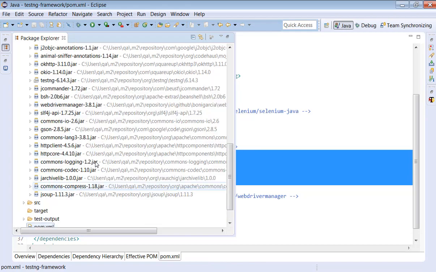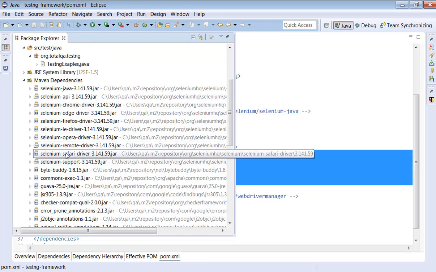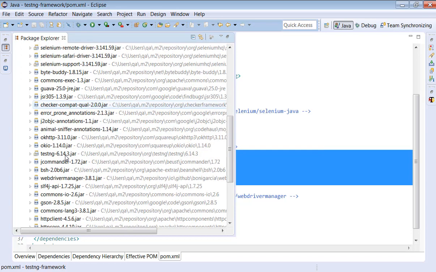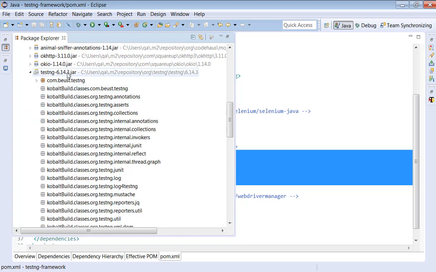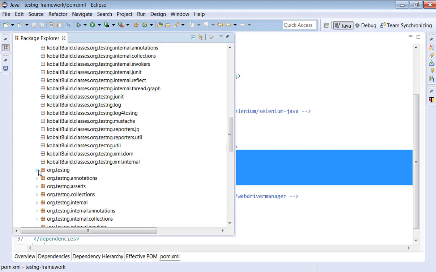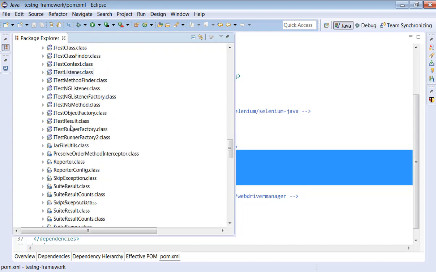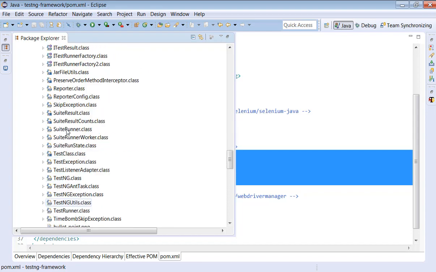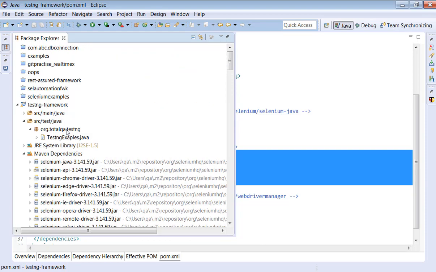And once we have this dependency, you can even identify that it has been installed here in the Maven dependencies. Let me highlight that. It is TestNG 6.14.3 and TestNG. All the packages are also available, org.testng. You can see here there's so much information available. Okay, so you can refer to this jar file. Okay, so this is the prerequisite.